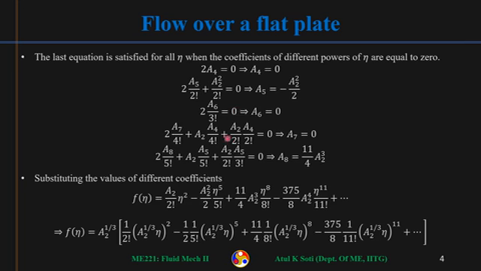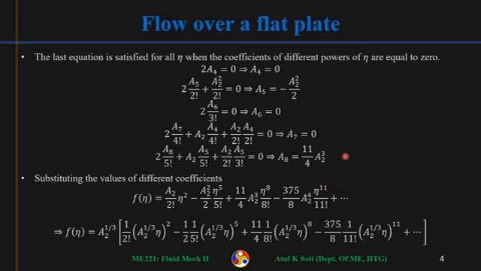Then the power of eta 4 was this, the coefficient of power of eta 4. This needs to be 0. Now here a4 is already 0. Okay, so it will turn out a7 is also 0. Then this was the coefficient of eta raised to the power 5. Okay, a5 is already known in terms of a2, so I can put it here, and finally find out a8 in terms of a2. So a8 will come out to be 11 by 4 a2 cube.